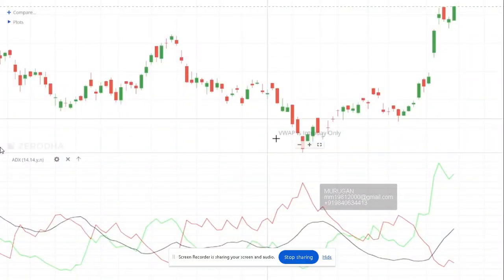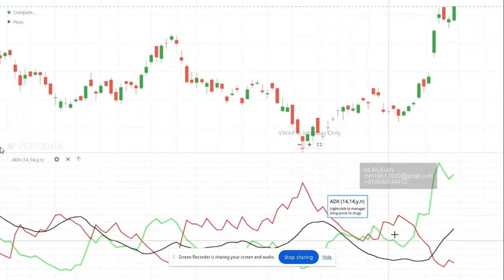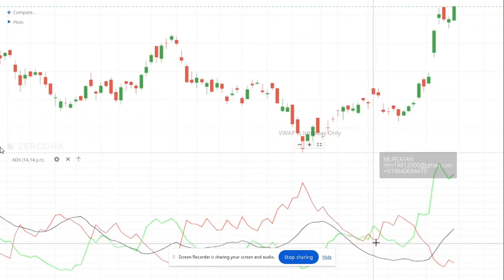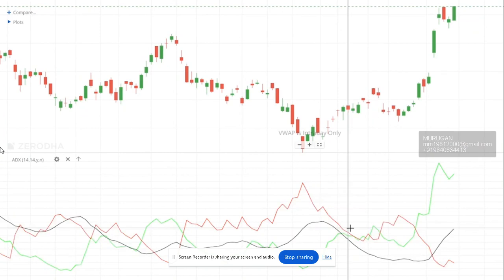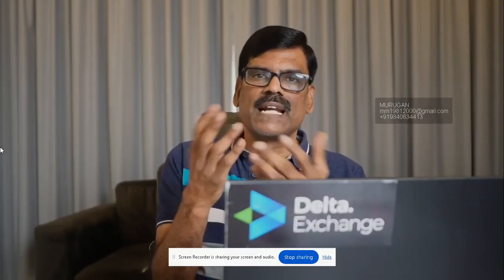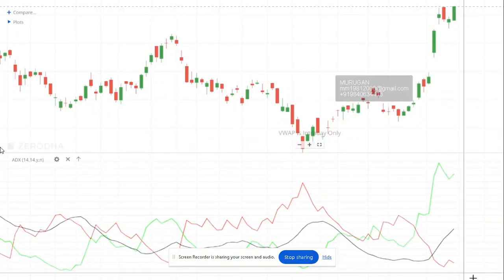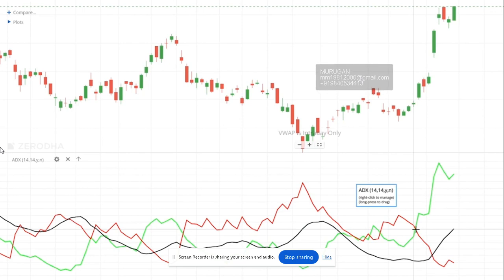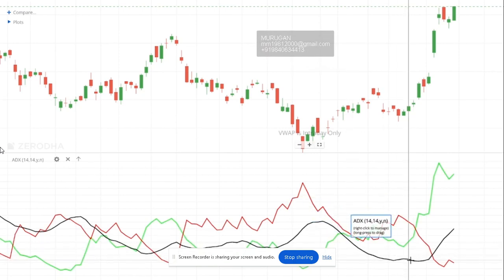Okay. Now, here you can see this is a choppy area. But you see, when Bank Nifty was coming to this choppy level, look at what is happening to the ADX. ADX is coming down. ADX coming down means the direction can change. It can be choppy. So if you look at this point, even here you are not actually confirmed. Although the green line has come, the ADX is coming down.